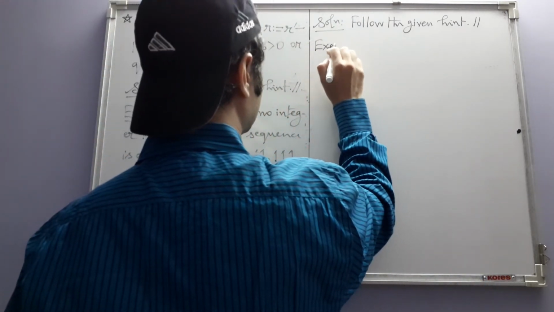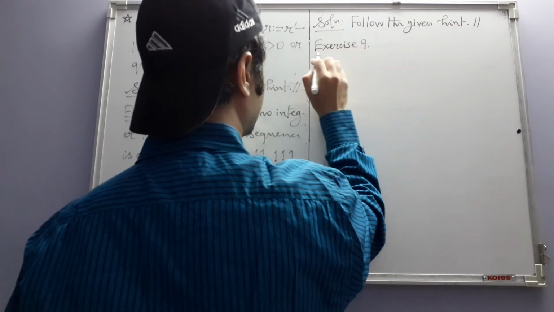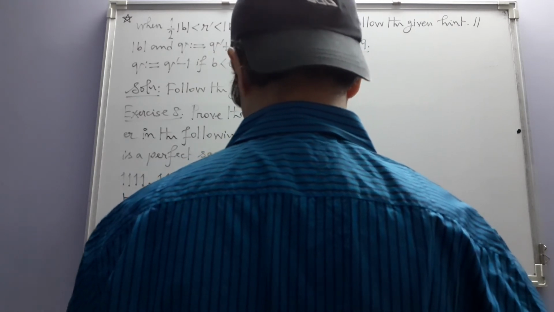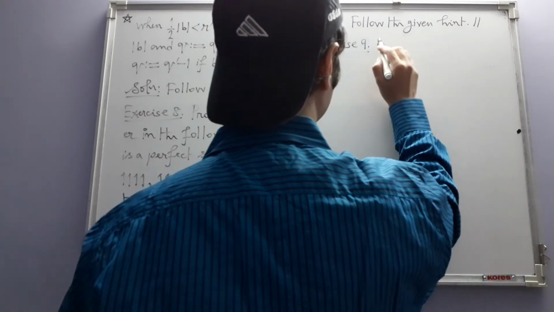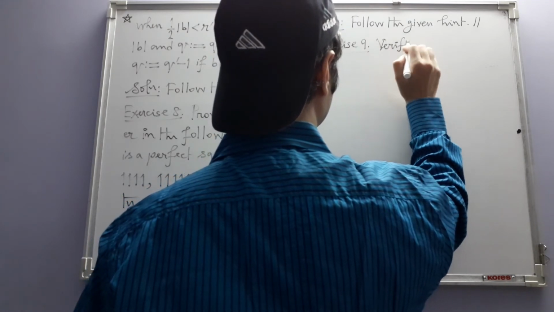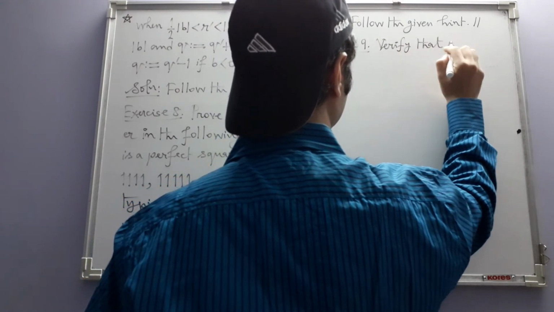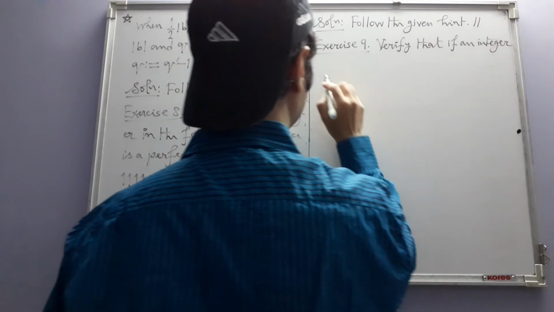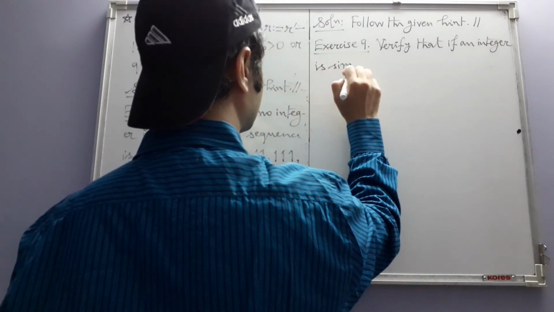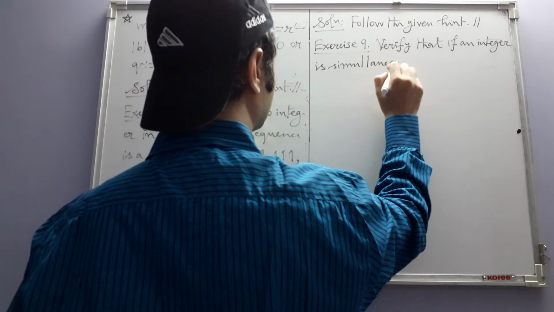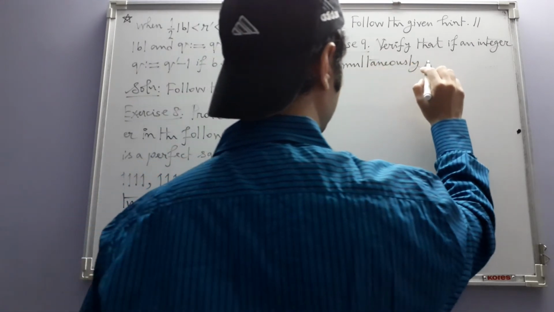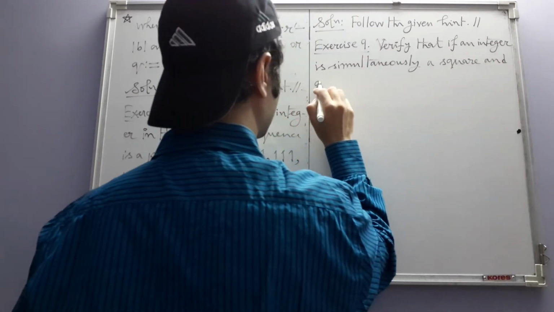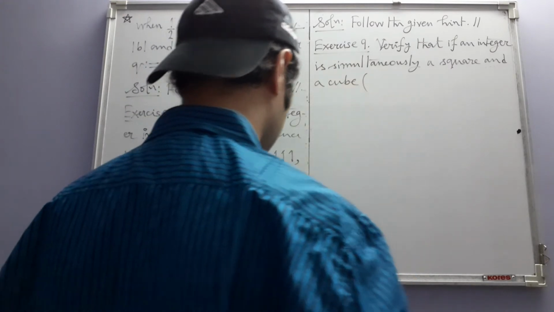Exercise 9. Verify that if an integer is simultaneously a square and a cube, an example is also given,